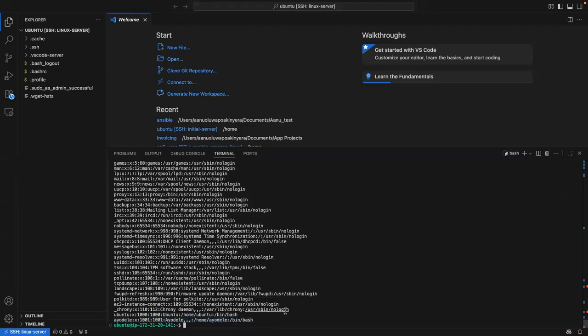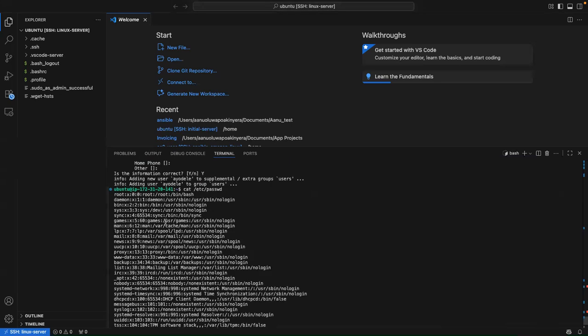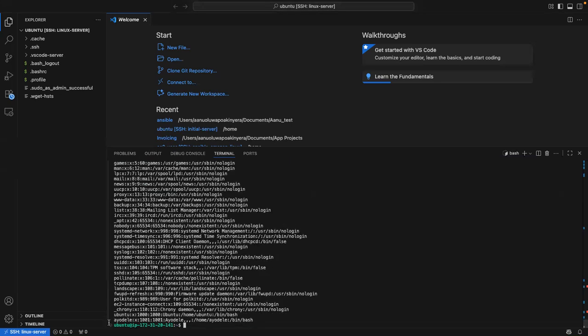So that means I can now log in as root, I can log in as Ubuntu, which I'm currently logged in as, and I can log in as Ayodele.